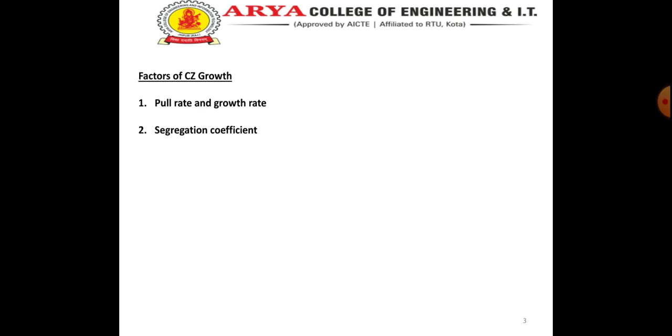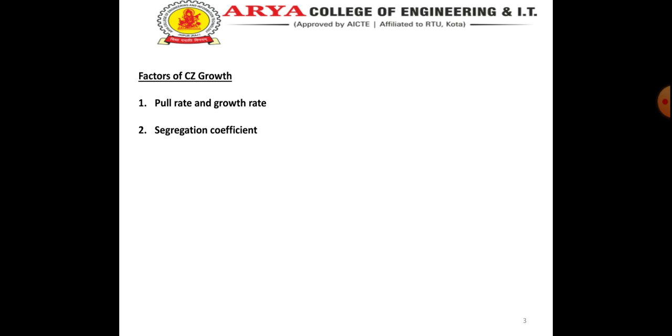Now, how does the pull rate affect the defect properties of the seeded crystal? The condensation of thermal point defects into small dislocation loops occurs as the crystal cools from the solidification temperature. This process occurs at 950 degrees centigrade. The number of defects depends on the cooling rate, which is a function of cooling temperature and diameter.